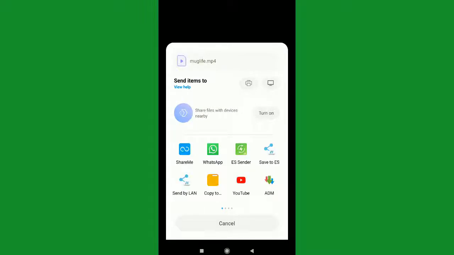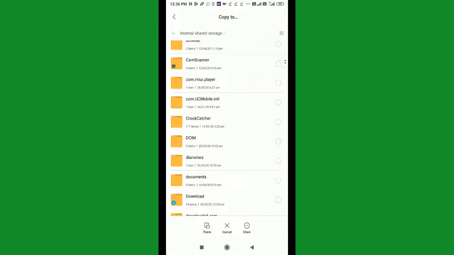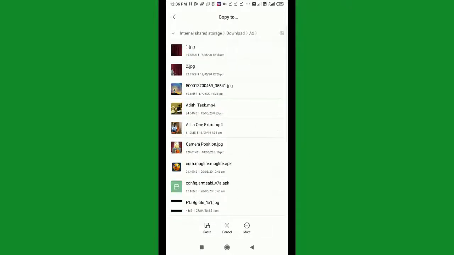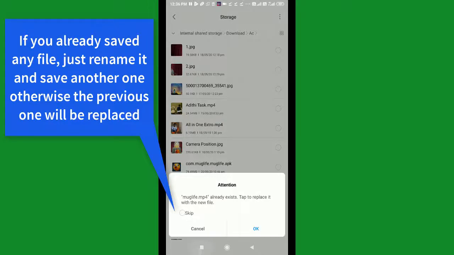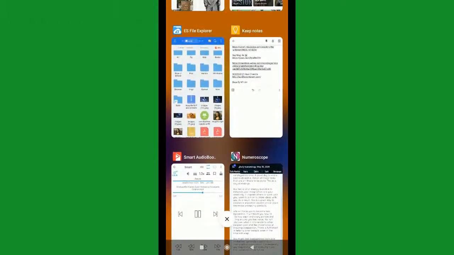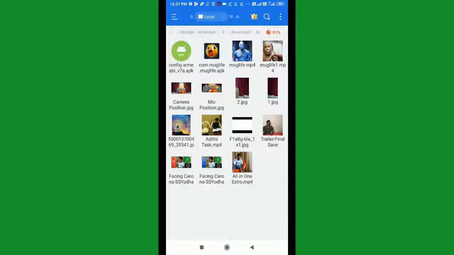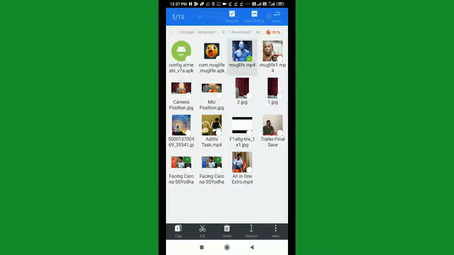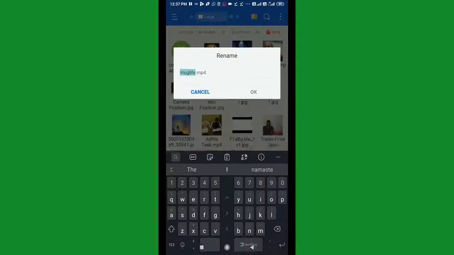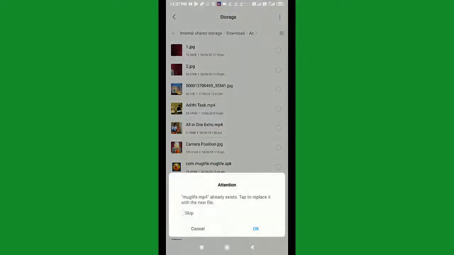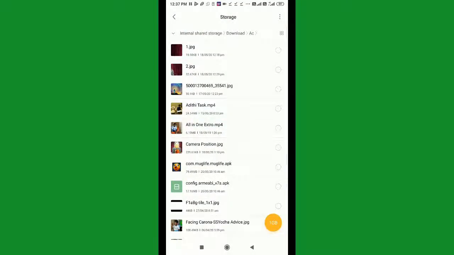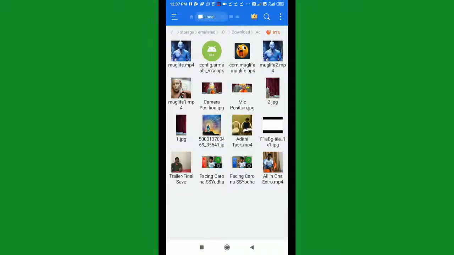So you can save it anywhere. See, it is saved. Now if we open this, it appears like this.